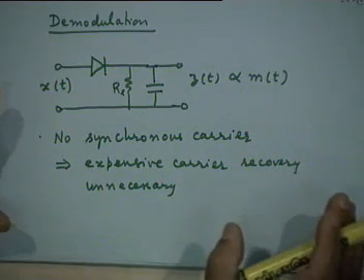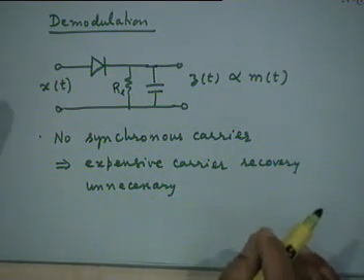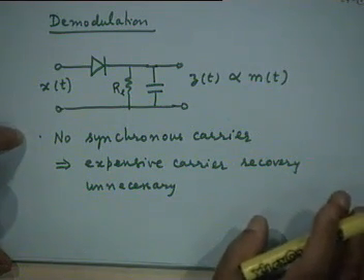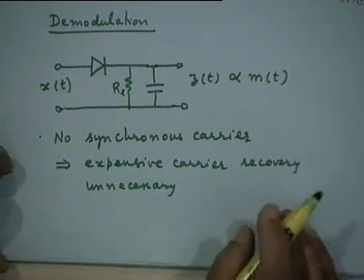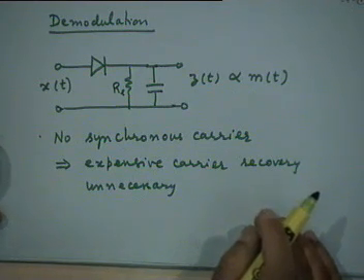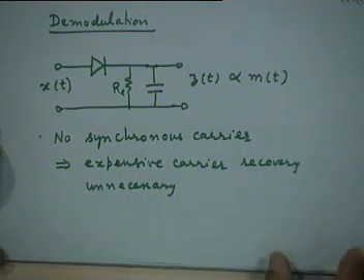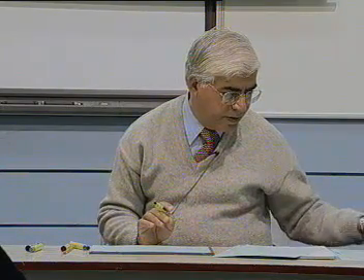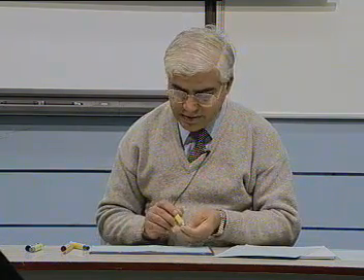And if this works, as we indicated briefly how it could, the advantages of this simple circuit are that we don't require any complex circuits for synchronization of the local carrier with the incoming carrier. So no synchronous carrier is required, and thereby the receiver becomes a much cheaper version. Now, this was a very brief introduction to how the demodulator works. It's again a repetition of what we did that day.